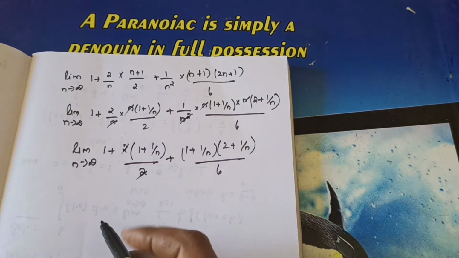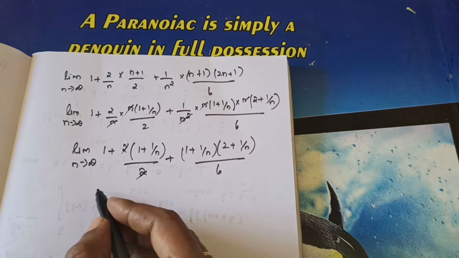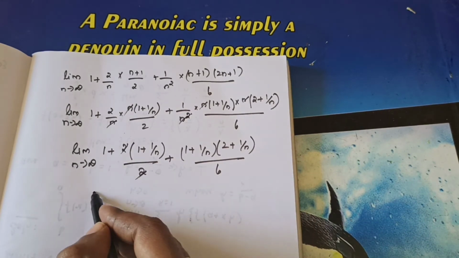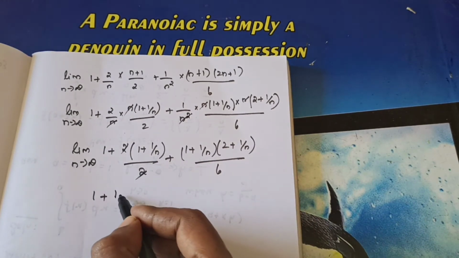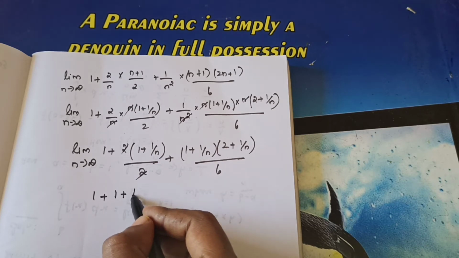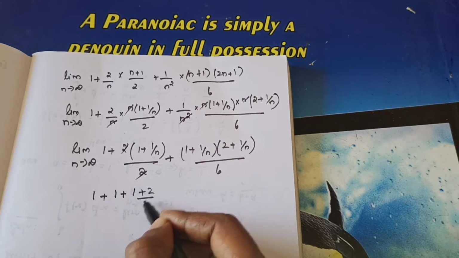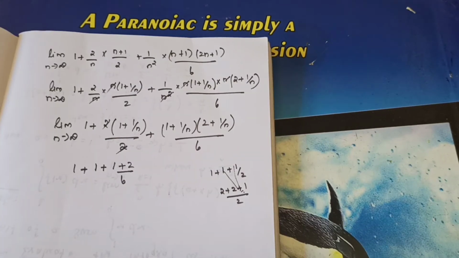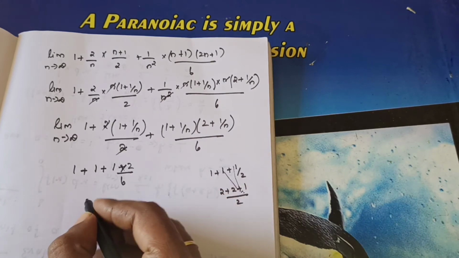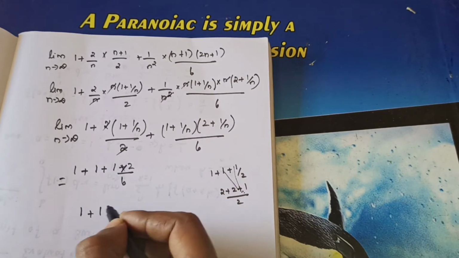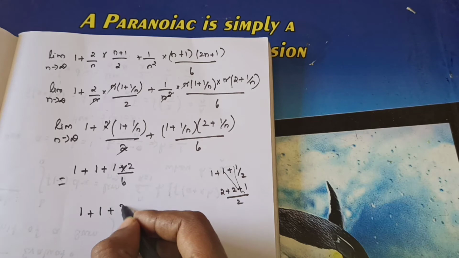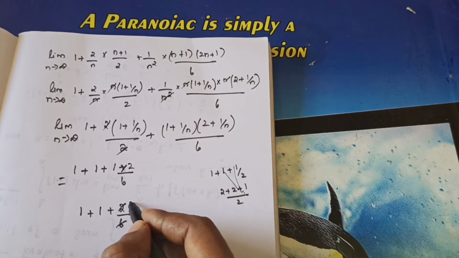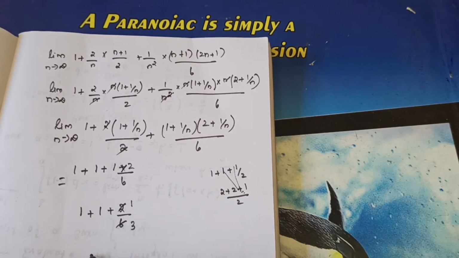So this 2 gets cancelled. Now apply the limit for everything. So here it will be 1, is it right? If we apply the limit, 1 plus 1 by infinity is 0, so you will get 1. Again you will get 1 plus 1 into 2 by 6, is it right? So what's the value you will get? 1 plus 1 into 2 is 2 by 6. If you cancel, it means 1 by 3. Take the LCM: 3 plus 1 by 3. So 7 by 3 is the answer.